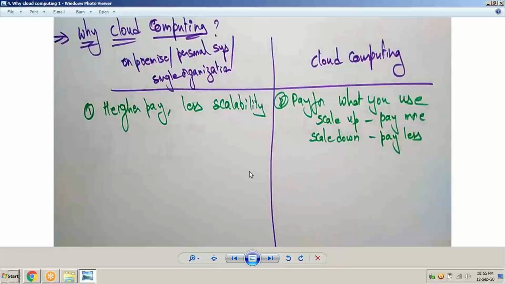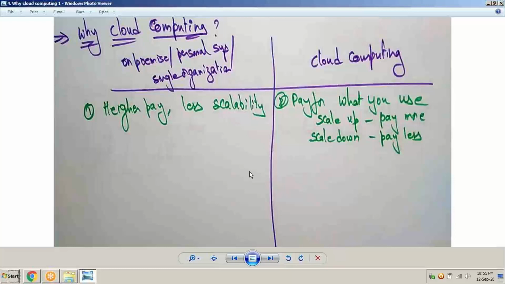Now, why will we be using cloud computing? Why do we require cloud computing? Why did this technology gain so much popularity? What is the reason? We have separated these reasons according to our need, meaning from a user point of view and from the organization or cloud computing service provider point of view. From a user point of view,